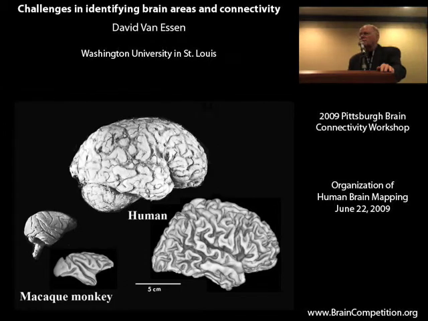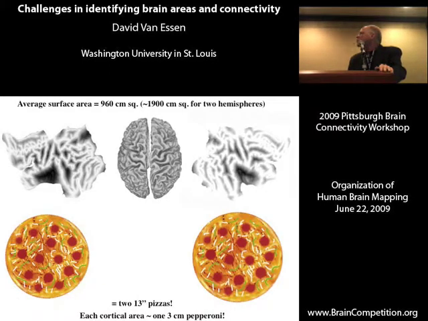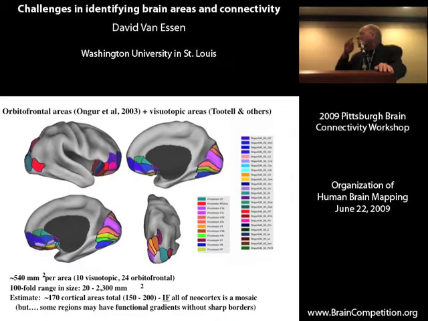Moving up to the macaque monkey, to the human, that is tenfold larger in surface area. Just a quick reminder that the cortical turf that you have is about 1,000 square centimeters per hemisphere, and just to make it tangible, that's about a 13-inch pizza on each side. And as a crude first-order approximation, each of the cortical areas we want to understand is, on average, about a pepperoni's worth. But, as with macaque, there's tremendous variability, and I think that's best exemplified at this stage by taking